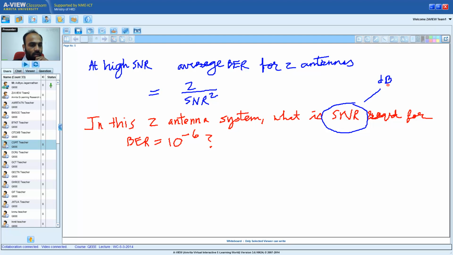What is the SNR required? I'm getting the correct answer from PSG CT. The answer is correct. We basically get 2 by SNR square equals 10 to the power of minus 6. Therefore,